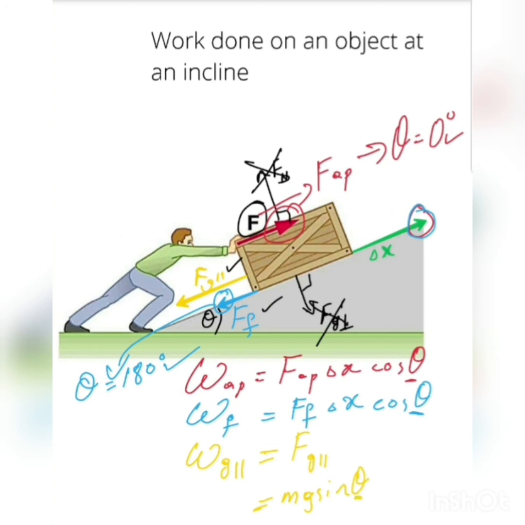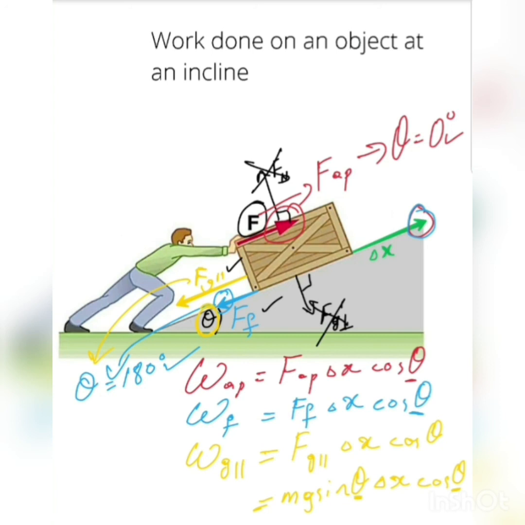The theta of sine there would be the angle that forms an incline there. Then we are going to multiply that mg sine theta by our displacement cos theta, and this particular theta is also equal to the 180 that we had